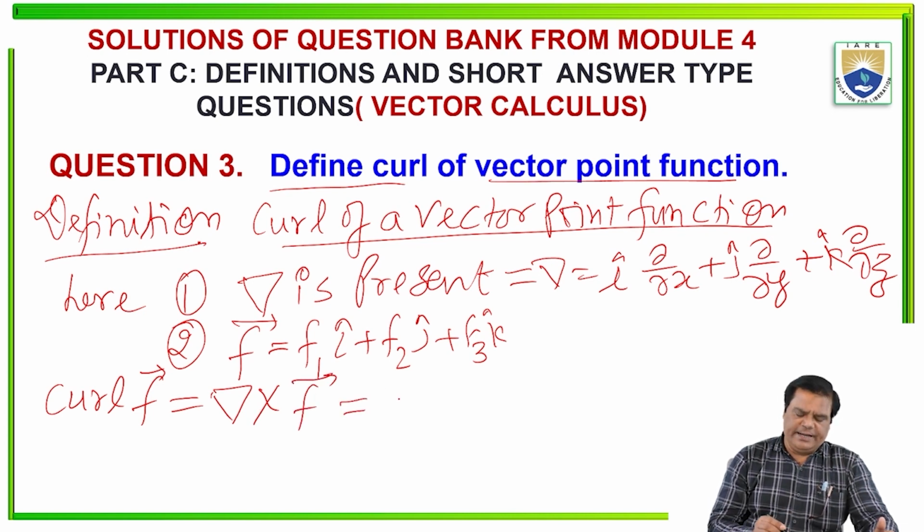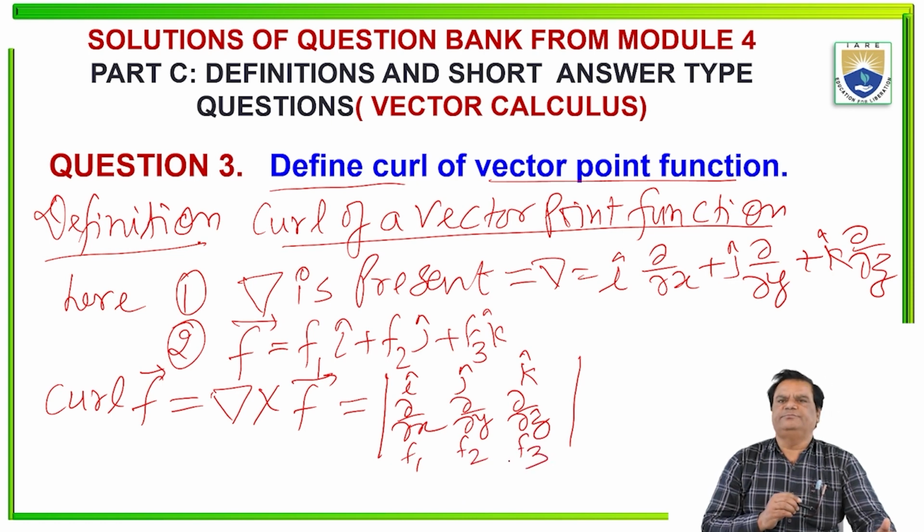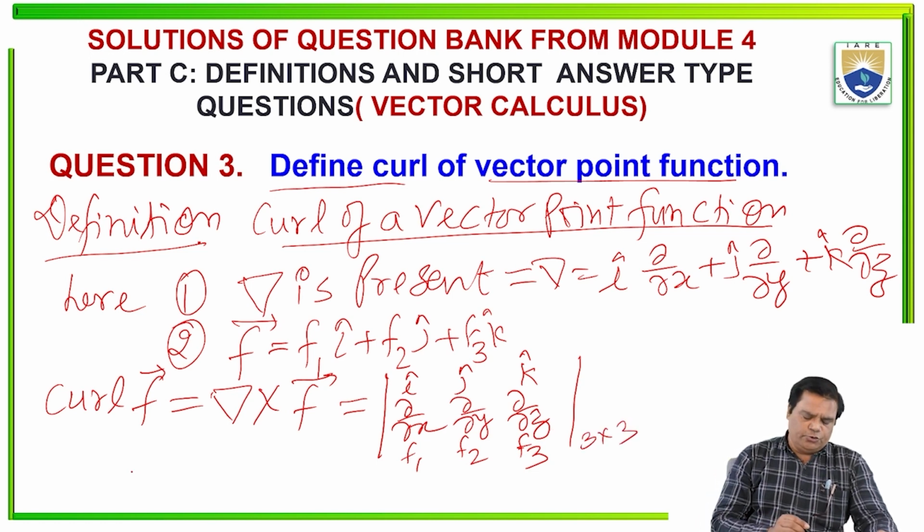So here we can write it in determinant form: i cap, j cap, k cap in the first row, then ∂/∂x, ∂/∂y, ∂/∂z, and then f1, f2 and f3. Now after expanding this 3 by 3 determinant, we write here i cap, and in the bracket: